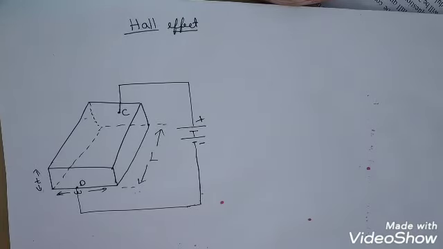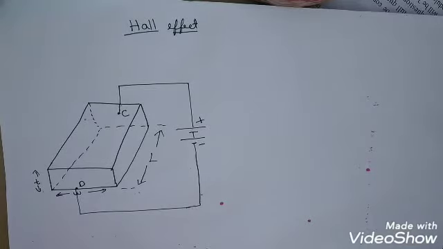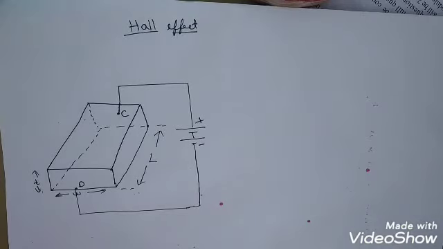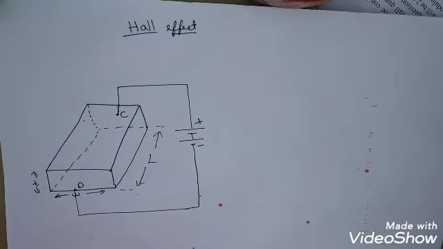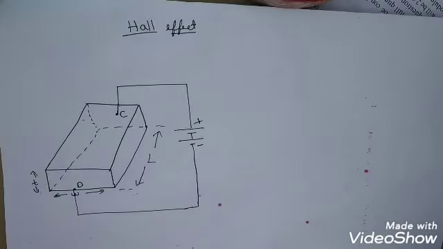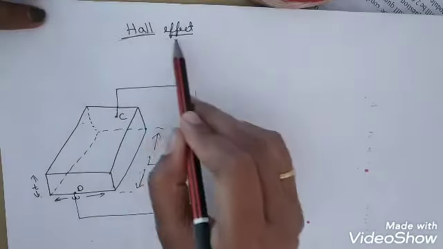For example, if we take any semiconductor material, we cannot say whether it is a p-type semiconductor or an n-type semiconductor. That is, which one is the majority charge carrier flowing in the particular semiconductor. In order to understand that, along with current density and voltage, we can find out other factors as well as terminologies associated with the particular semiconductor material. So for that, we are studying the Hall effect.